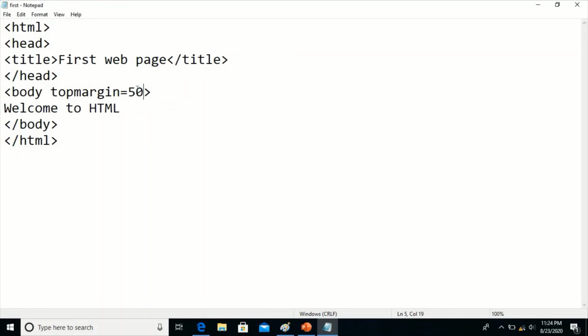This value can also be given in double quotes. 50 indicates here 50 pixels margin will be set at the top. That is, previously we have not set any margin, so it will be displayed without any gap, without any margin here.